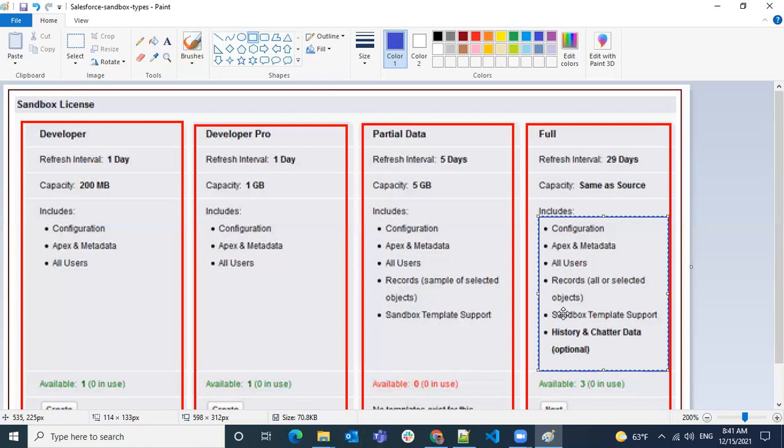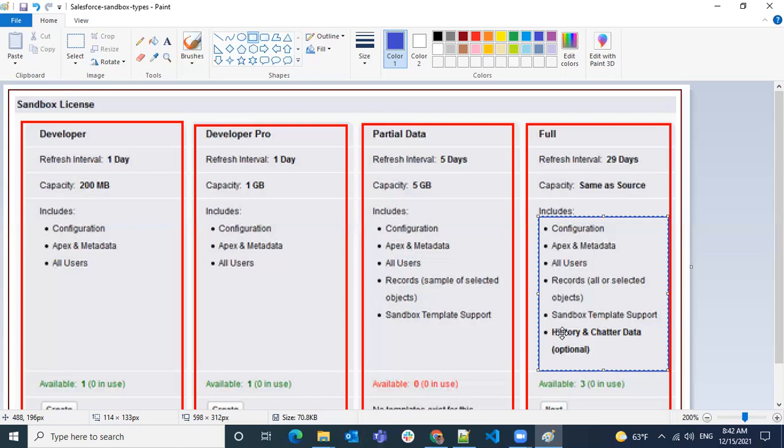So if you want to copy the same data again, you can copy the record information. And there's a concept called a template. In the template, we have the option to select which objects' data you want. Let's say you don't want all the objects, because there might be some sensitive data that should not be exposed to the whole development team. It should still be hidden from all the developers, and since it is sensitive data, we cannot expose it,